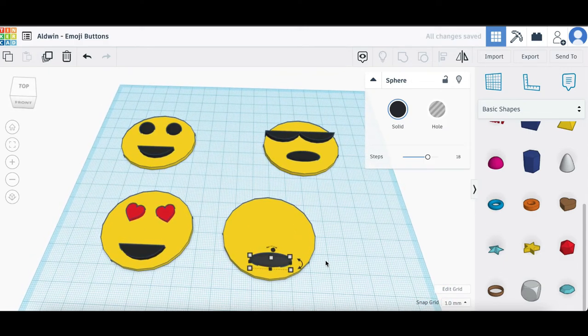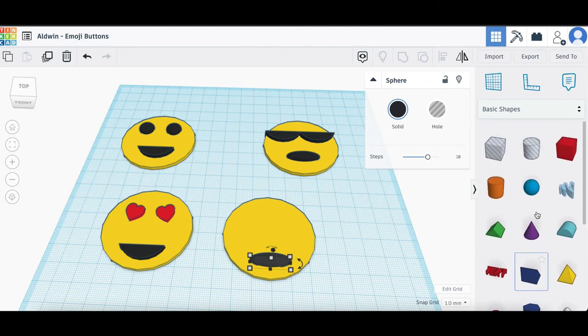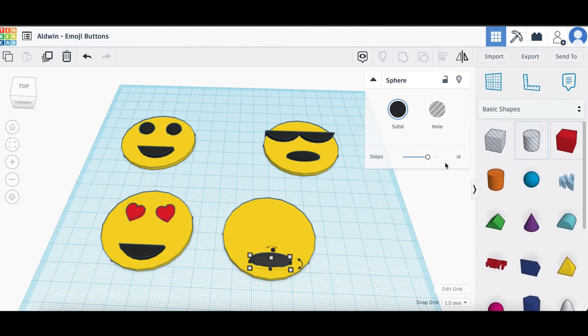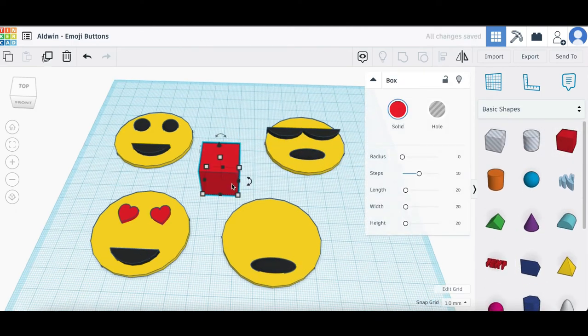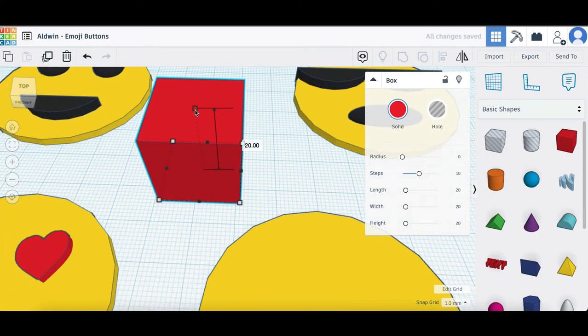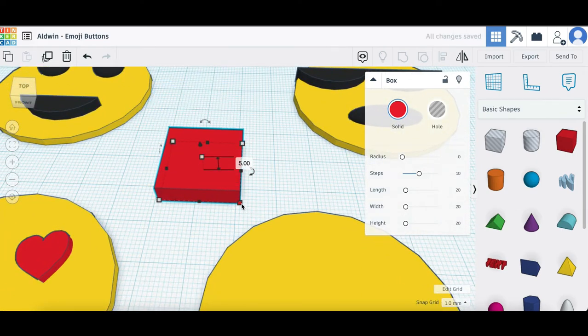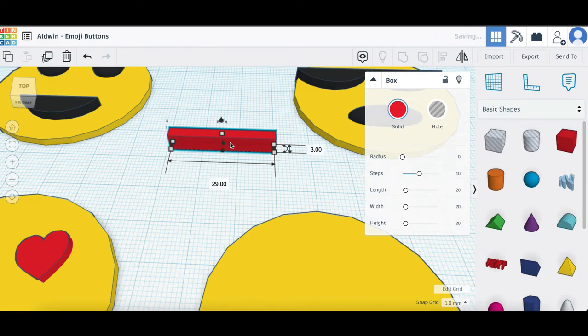Once I'm done with it, I can go on the shapes panel and use the box shape. I can make the box flat and thin so that it will form like a line. I'll change the color